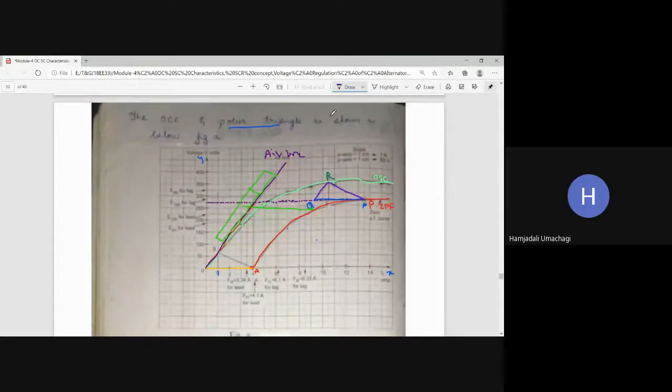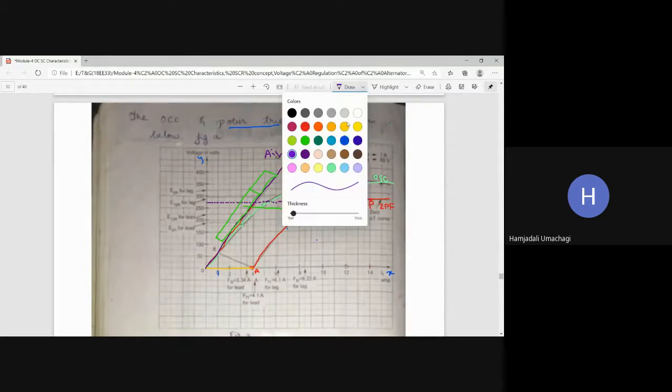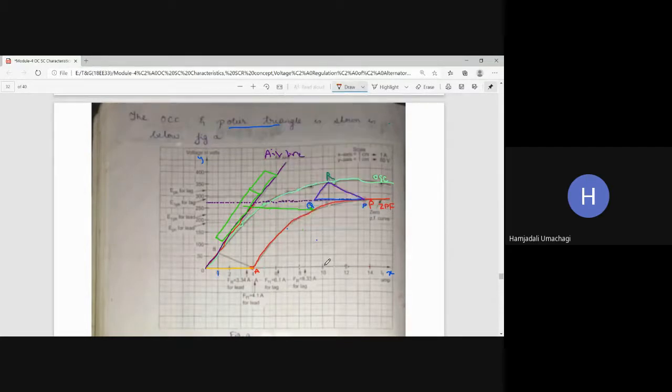Yes, sir. Fine. Now see here, from the point R, you drop the perpendicular. Dropping perpendicular means just draw the straight line such that it touches this line PQ. Drop the perpendicular from point R to the line PQ, and wherever it is touching this line PQ, mark that point as S.